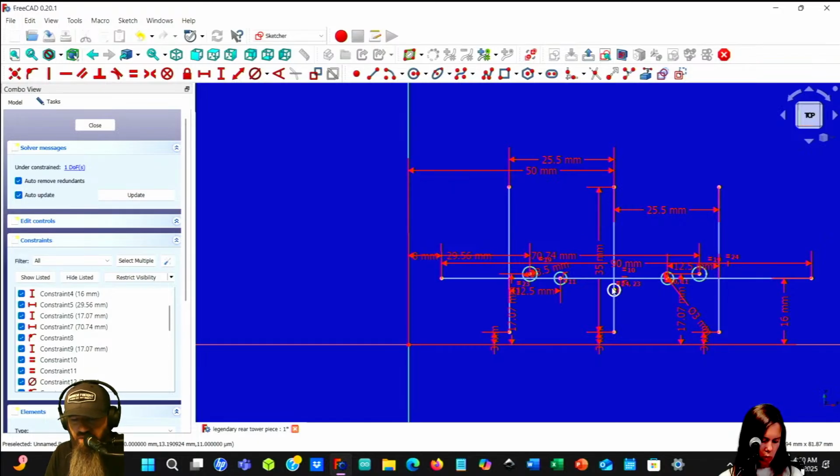So if our center point is 16, I don't know how far off the offset is, the center of that hole to the center. I mean, it might be like 1 millimeter.